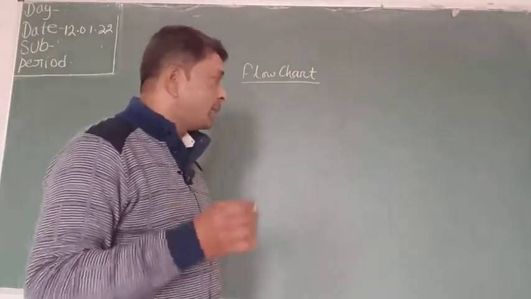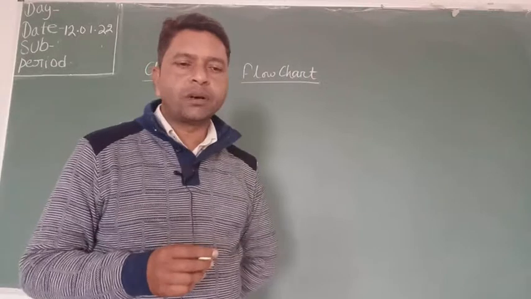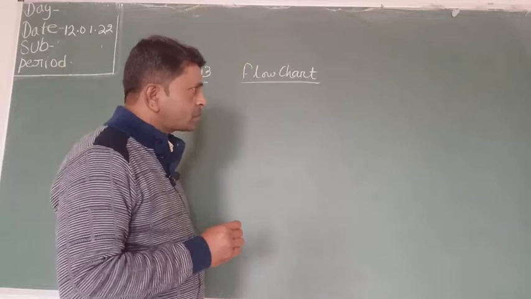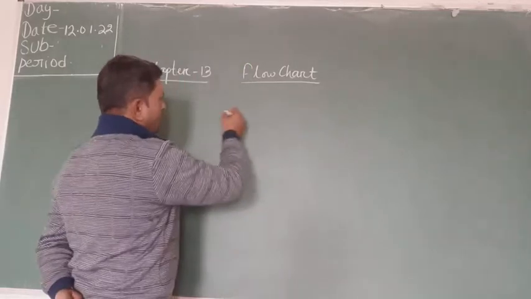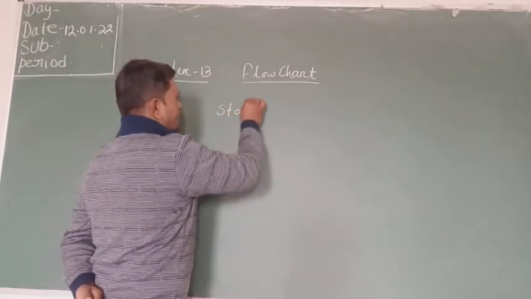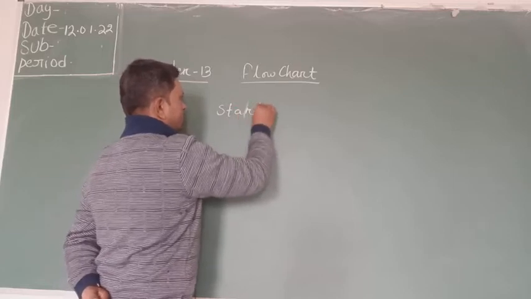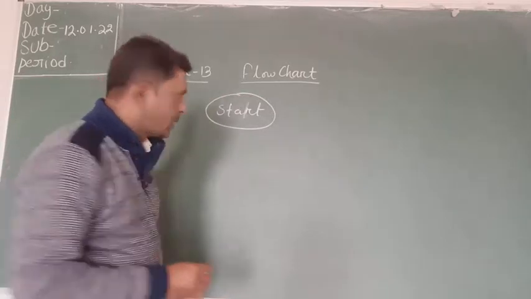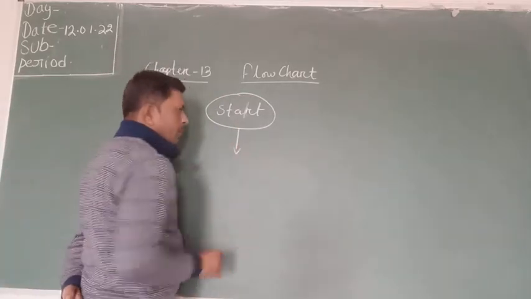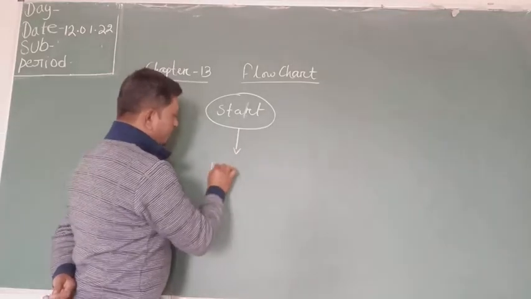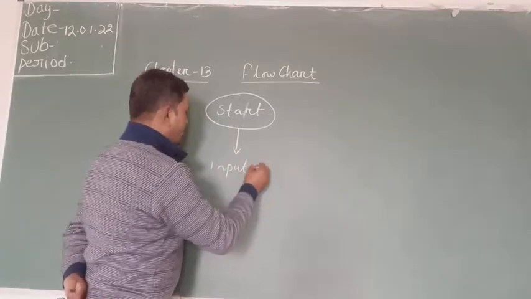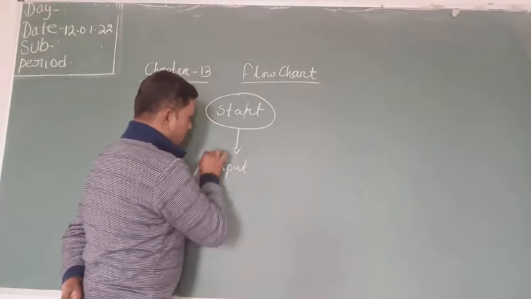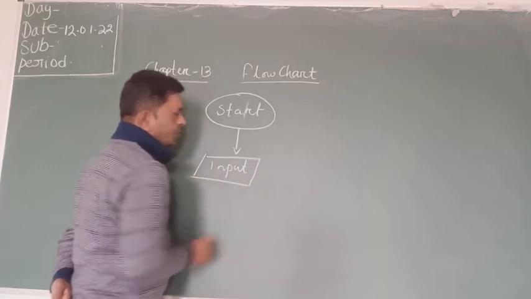Now I am going to show how to draw a flow chart of a system. Normally when we start a job, for starting we use the oval shape, and then for input, I am inputting something here. For input we use the parallelogram,